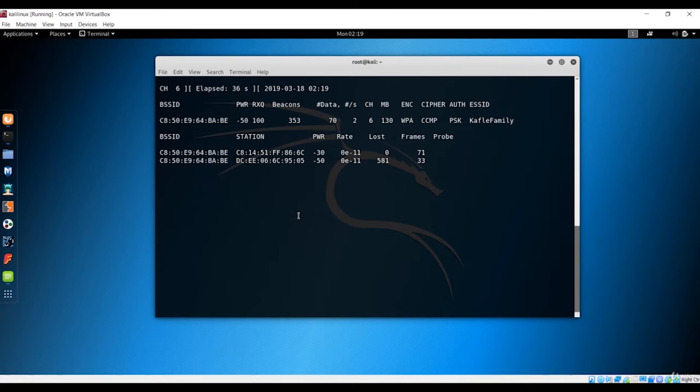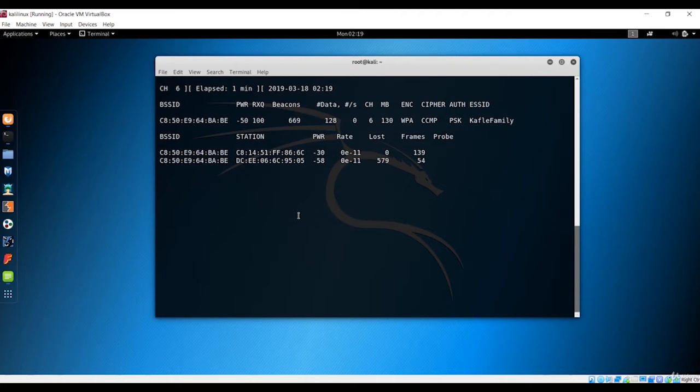But now we have to wait until this client tries to reconnect to that network, which will take so much time if you need to do it with this process, because we don't even know when it will need to reconnect. Maybe due to some conditions the client may reconnect, but we have to wait till that moment when we get the reconnection from the client to that network. So we have to wait if we want the handshake with this process.